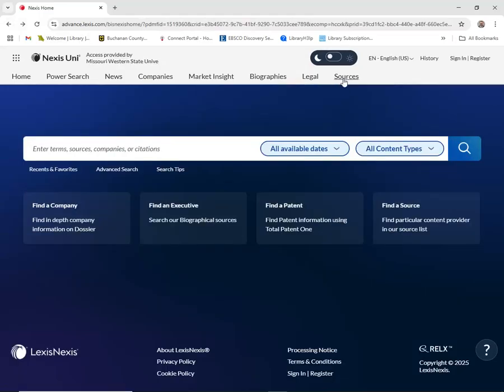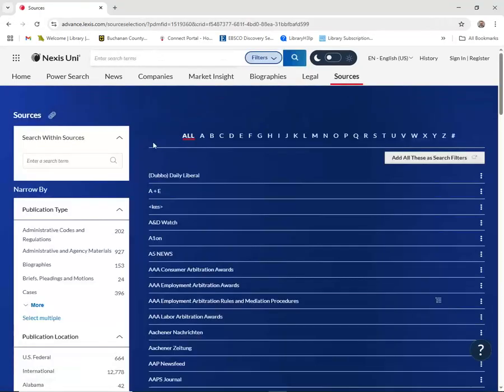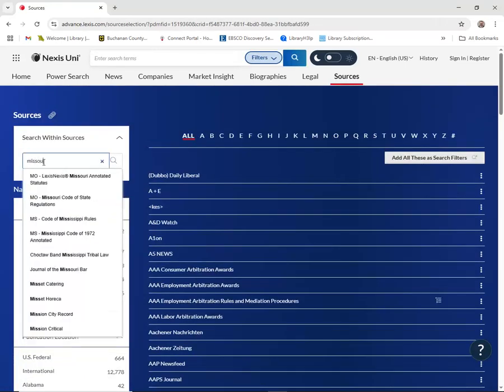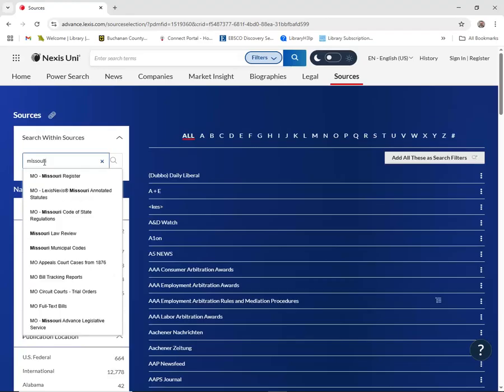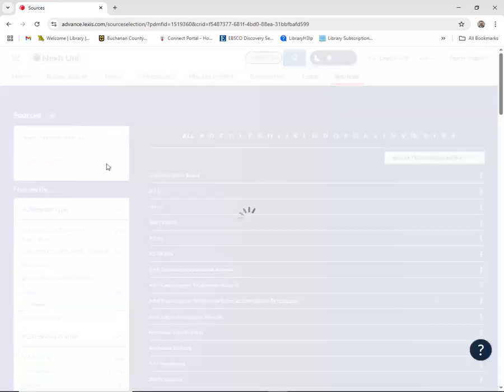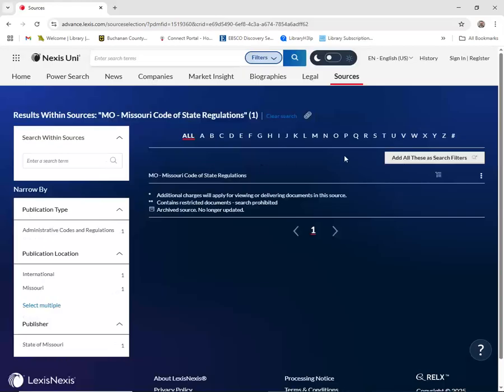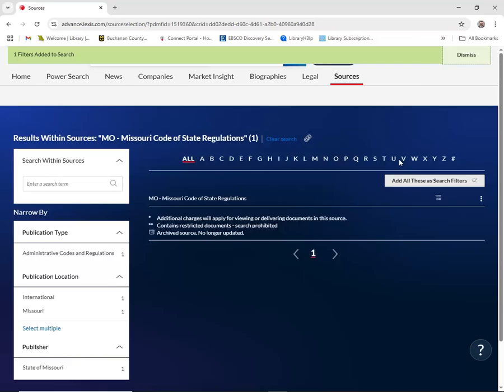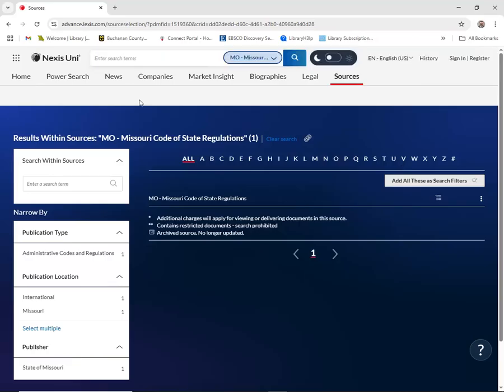So one other way I can search for this title is to go to Sources and type in Missouri. And there, see, it has Missouri Code of State Regulations. So I need to search that after I click on it. And then I can add this as a search filter. And when it adds it as a search filter, notice this is where it's limited to. And if I do my domestic violence,